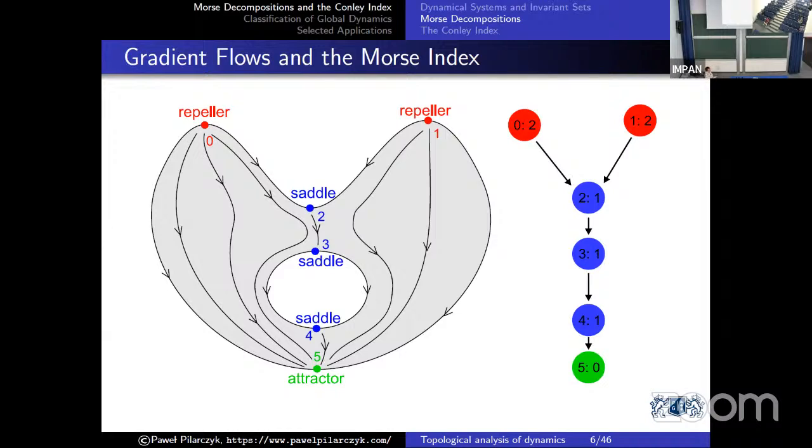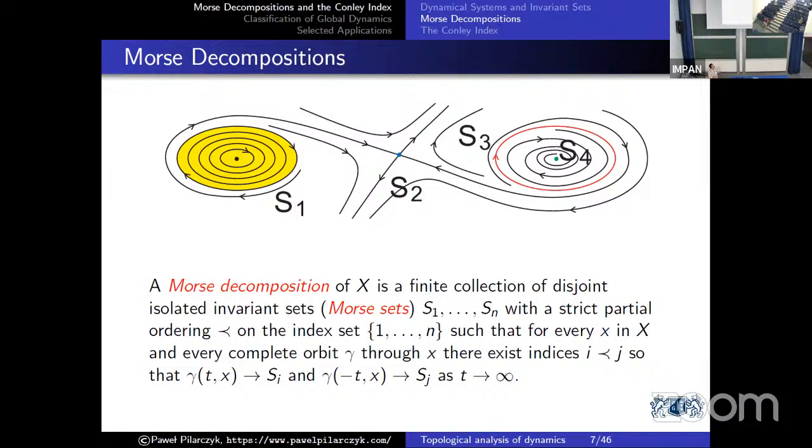And this situation can be generalized to a general dynamical system where we also have some other invariant sets, not just critical points. And this is called a Morse decomposition. It was introduced by Conley in the 70s. A Morse decomposition is a finite collection of disjoint isolated invariant sets, such that we have a partial order on these sets. And the partial order is defined by the dynamics. In other words, there could be trajectories joining different isolated invariant sets, but we don't allow loops in